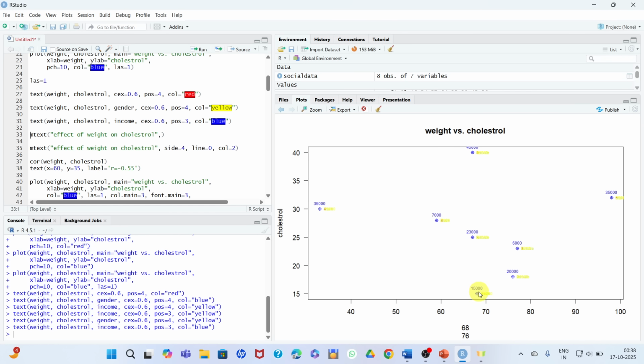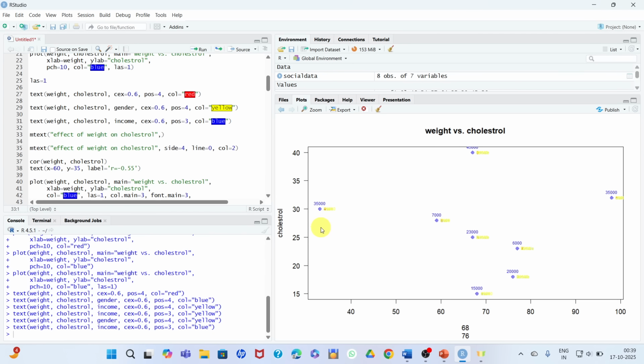So this observation has 50,000 income. These observations have 35,000 and likewise 7,000. These all have their income shown here. So in this plot, you can mostly add 4 variables. You can easily see the left and right side, up and down side.